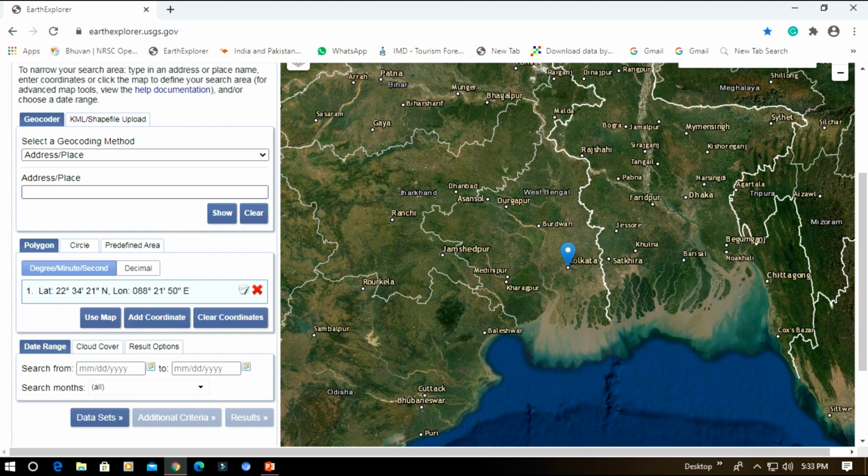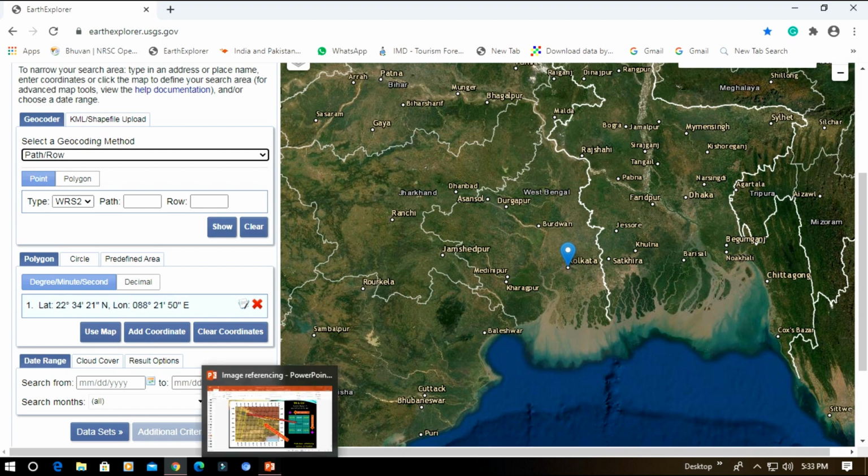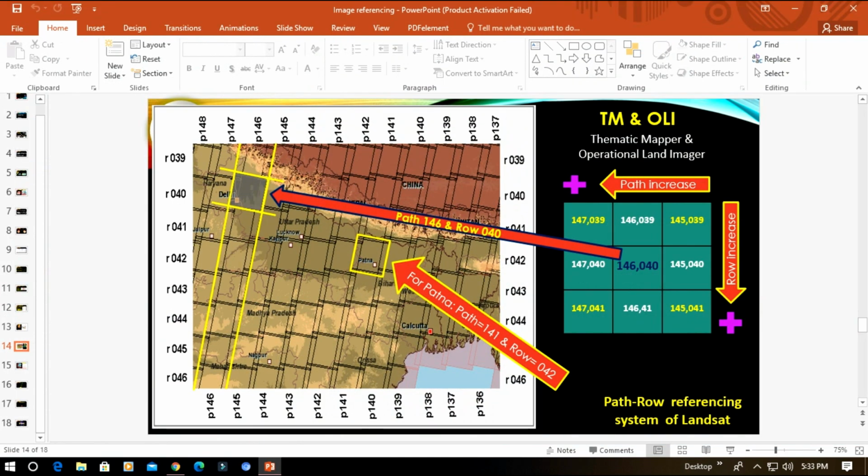Now if you want path and row information, write the path and row number in the particular box. To retrieve the path and row number, please visit my earlier videos.